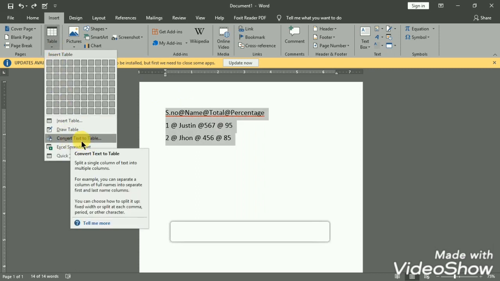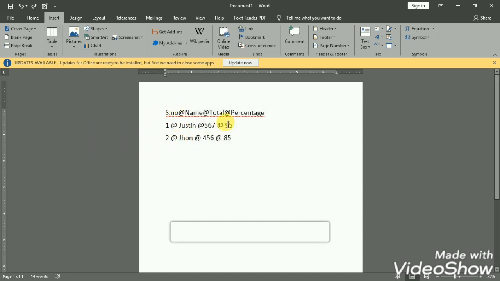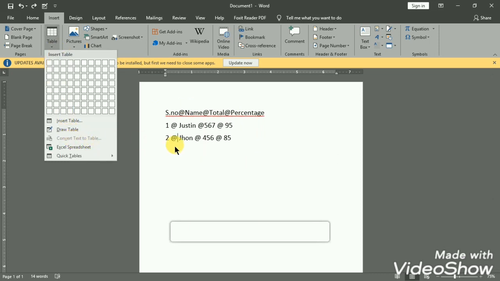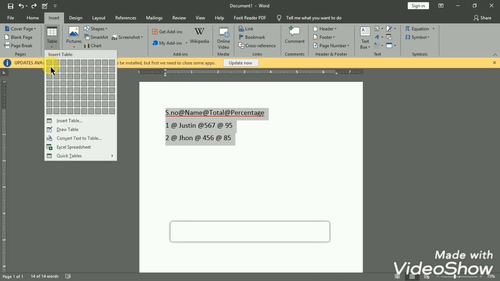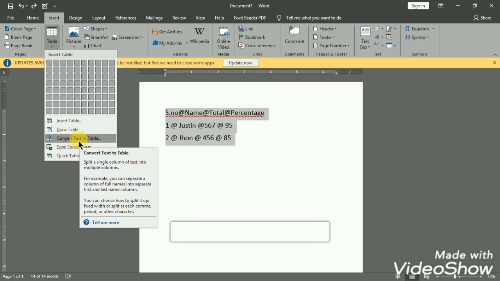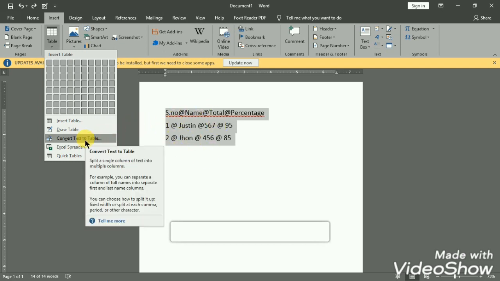So now I have written some data by using a comma or at the rate of symbol. We can use any symbol between the data. So now I have written section number, name, marks, total, and then percentage. I have separated all these with the at the rate of symbol, so that for every at the rate of symbol I want a line, that is, it is one column.